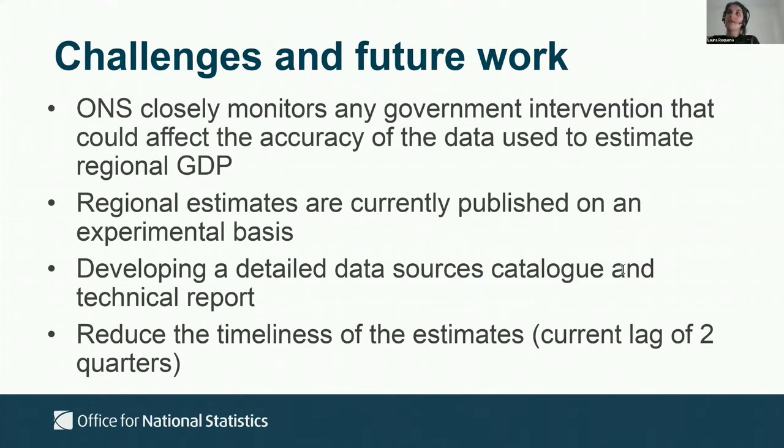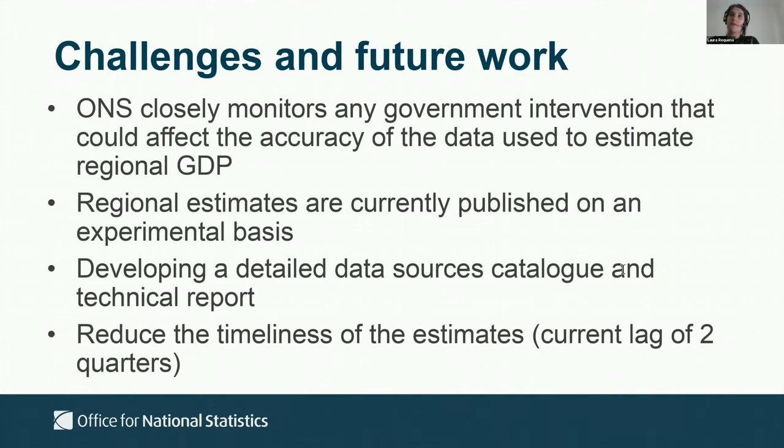Okay, so in terms of challenges and future work, ONS closely monitors any government intervention that could affect the accuracy of the data used to estimate regional GDP. If you think of these past months, we had the Eat Out to Help Out scheme, or, for example, VAT was dropped for selected industries. Then at the beginning of the pandemic, HMRC allowed businesses to defer their payment of the VAT. So they were obliged to return the VAT forms, but they could pay next year. And so we need to keep monitoring this really closely